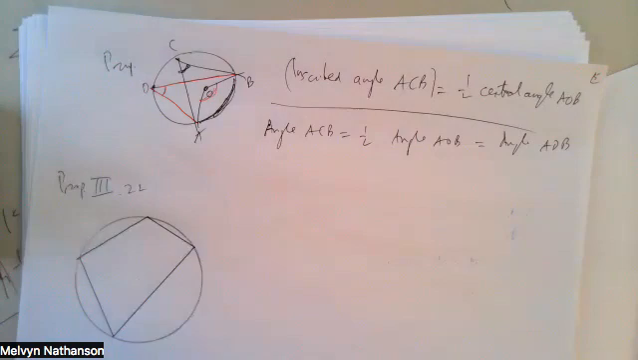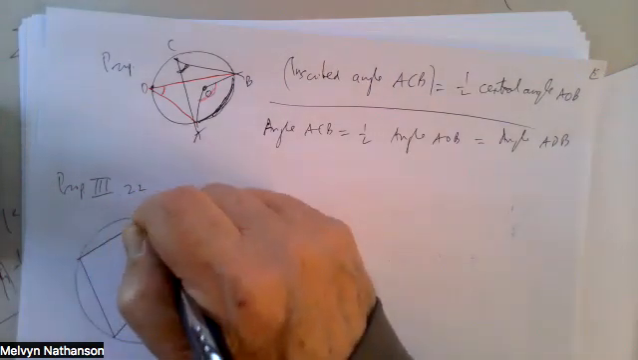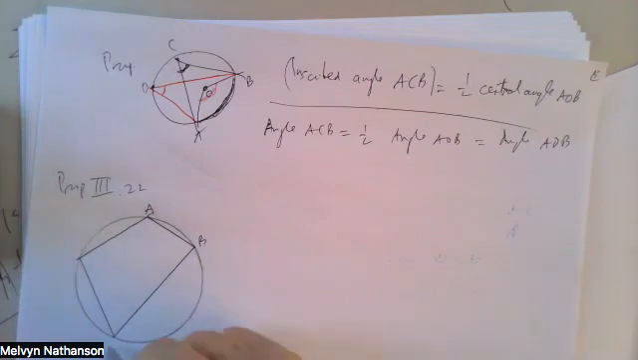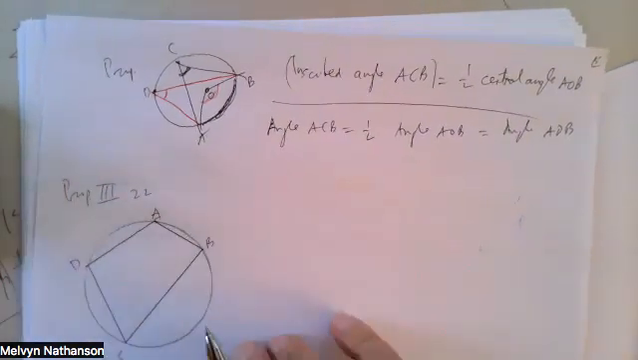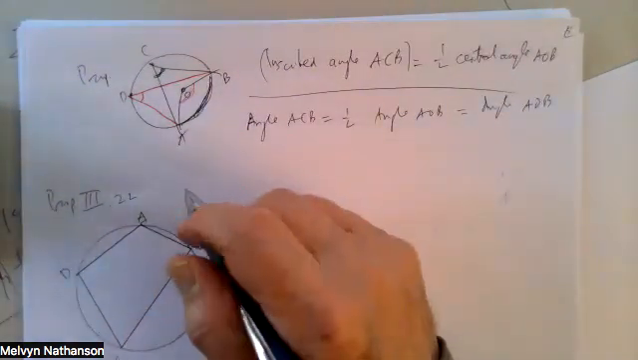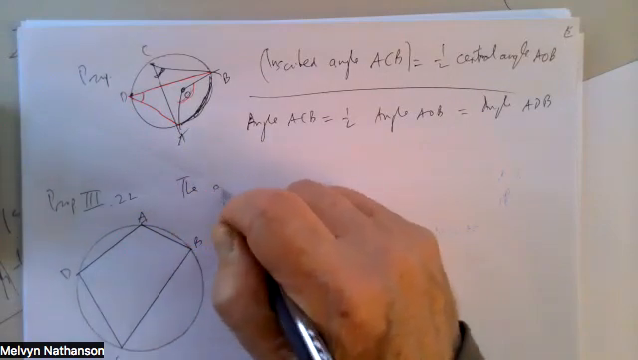A quadrilateral is a figure with 4 sides. So here is a quadrilateral, A, B, C, D. So this is a quadrilateral inscribed in a circle. And the proposition says that the opposite angles